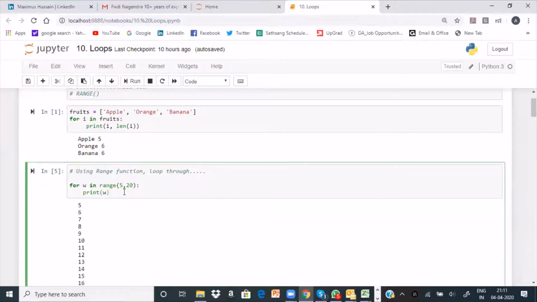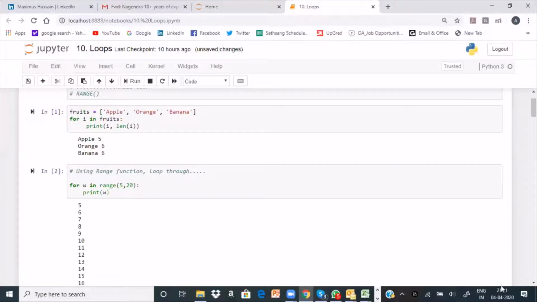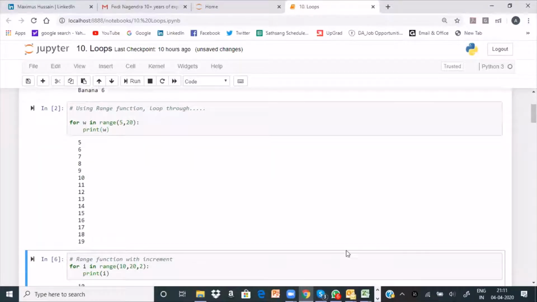That is how it is. Here it is printing 5, 6, 7, 8 up to 19. 20 it did not print because by the time it reaches 20, this statement becomes true. So the system automatically comes out.